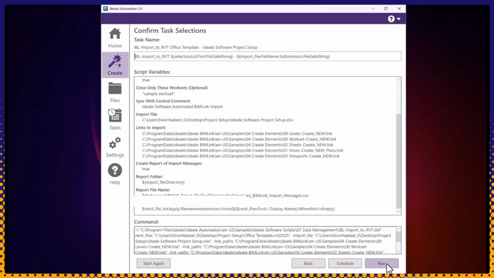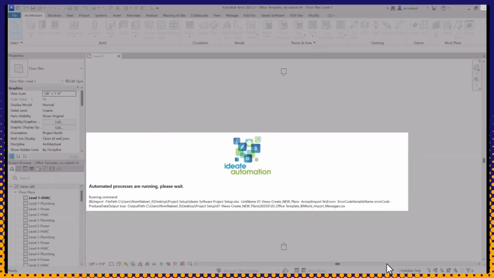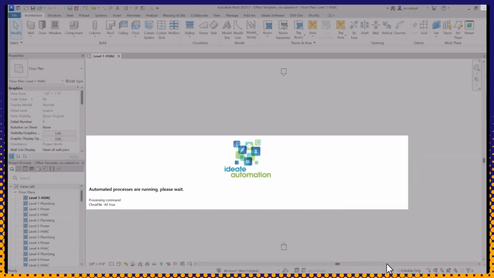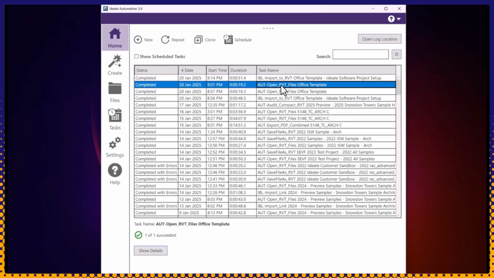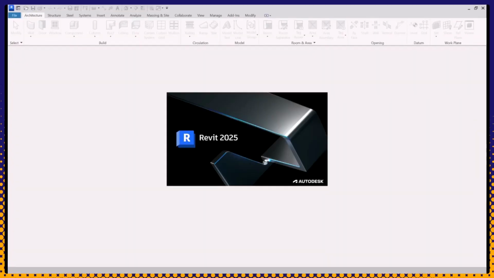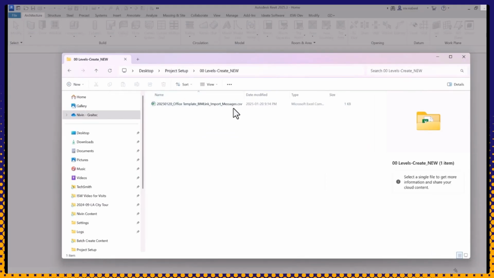Let's run the script. This will launch the appropriate Revit version and start importing BIMLink definitions in the specified order. The data import only took 51 seconds. Now, let's open the Revit model and review the changes. While the file is getting opened, we can also check the BIMLink import message CSV file to verify the updates